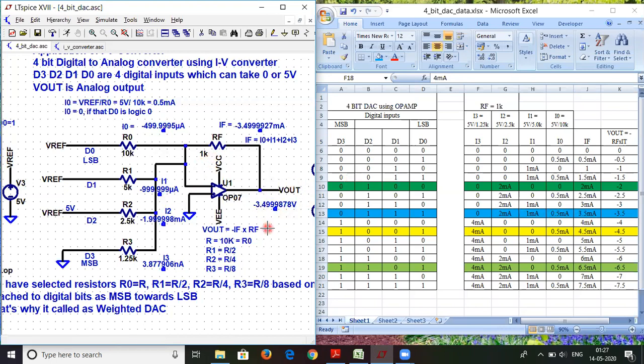So that's how we got this result. And similarly, you all are free to check all the cases, right from the first case, 0000, to 1111. So you will definitely get all the analog outputs right from 0 to minus 7.5.